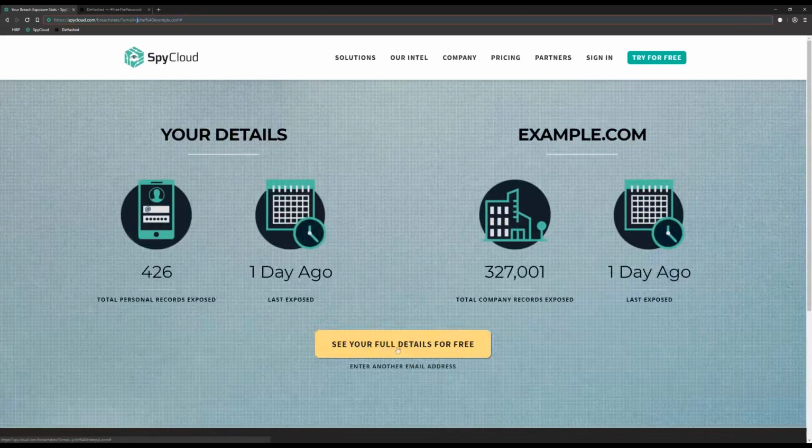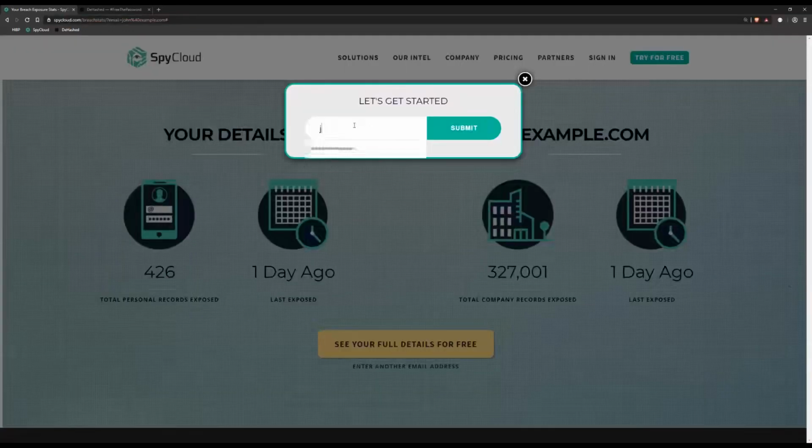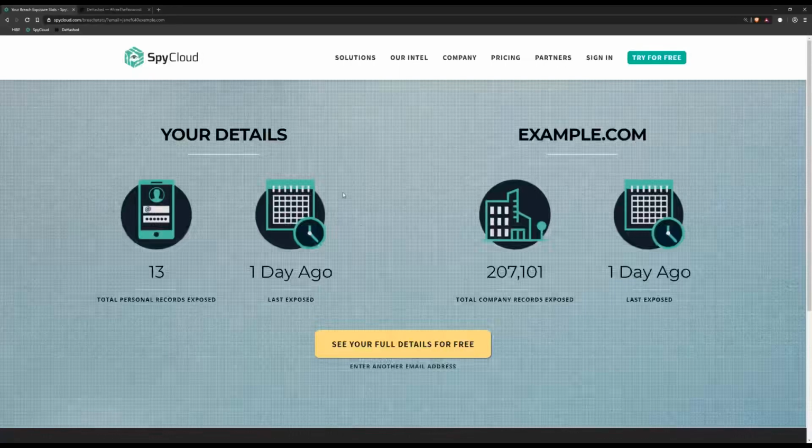If you click on this, see your full details for free, it'll send you an email to whatever email address you entered into the field. So if I type in jane@example.com, let's see what happened here. We have 21 personal records exposed, and the information's here. So again, this tries to keep a little personal the information that you might have out there on the web,